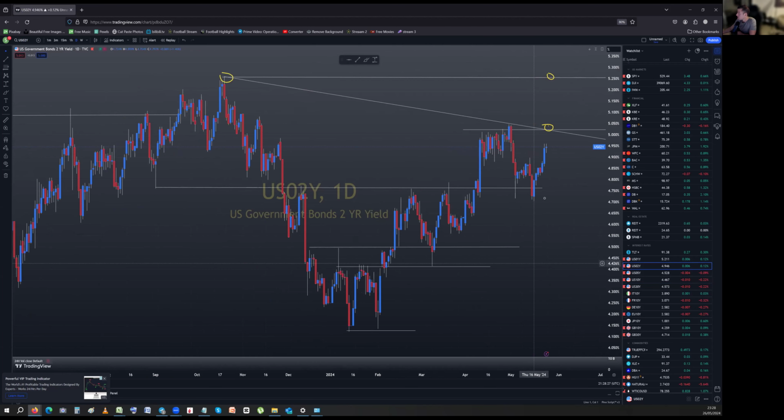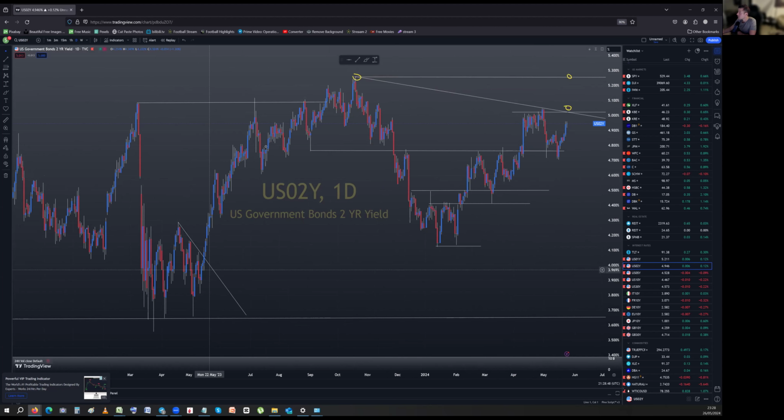This is what I'm talking about. 2-year had a green day on Friday. It looks very strong. It's taken out its little 4.9 mini resistance. Up we go. Next is 5, just above 5. Let's call it 502, 505. A close above 505 would be super strong. Next stop is the all-time high of this entire recession, whatever you want to call it,